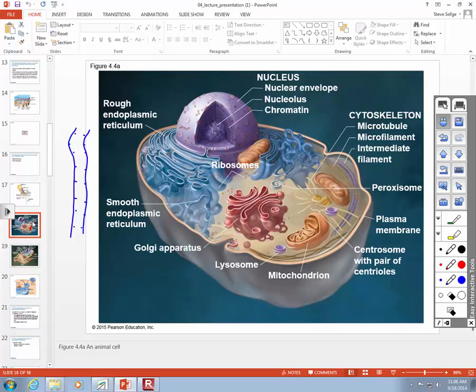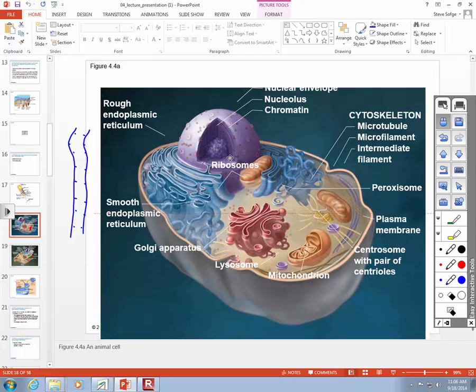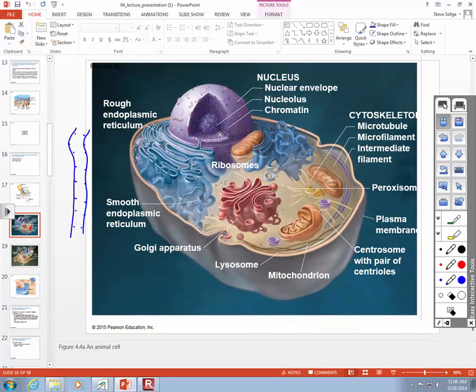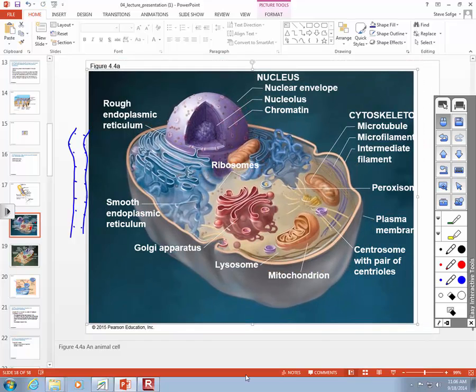But it is small enough it can get through a nuclear pore and come out here into the cytoplasm. There, that's your messenger RNA, that red squiggle there. And it will associate with one of these ribosomes,